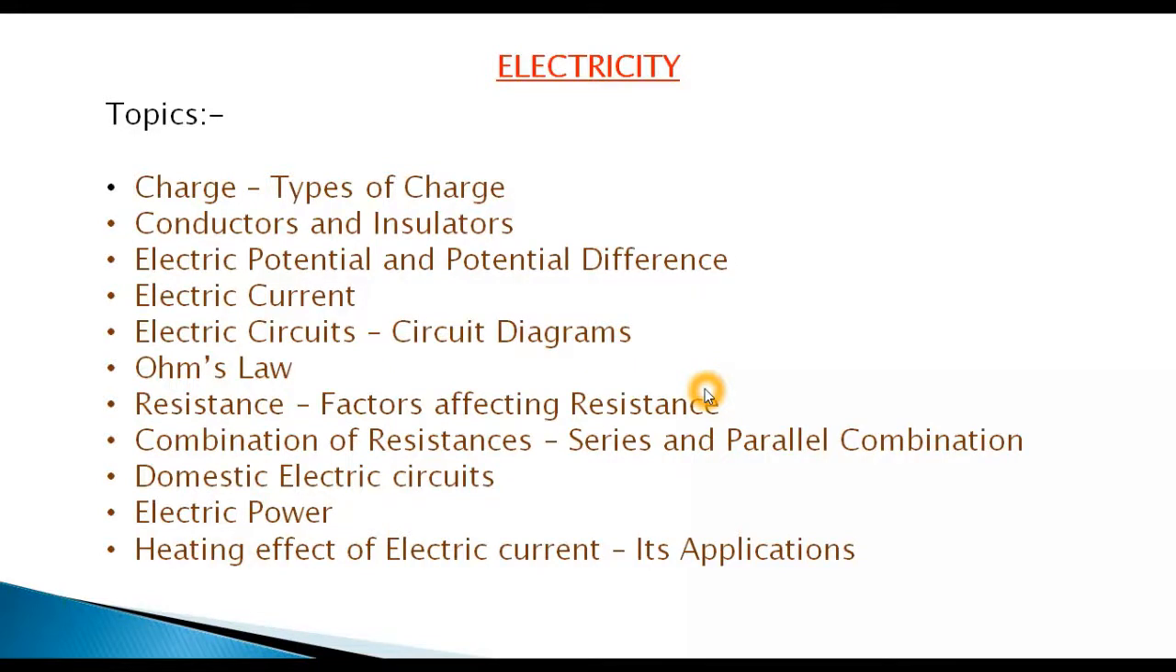We are going to start a new chapter of physics, that is electricity. Topics which we are going to discuss in this chapter are charges and its types, conductors and insulators. Then we'll discuss electric potential and potential difference, electric current, electric circuits, in which we'll discuss circuit diagrams also,